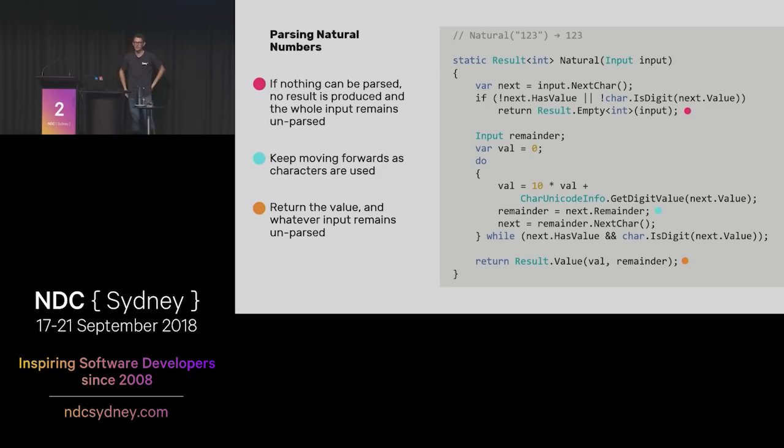Now, it's a little bit noisy once you include input and result into the equation, but here's a reasonably defensible parser for working through an input and parsing off a natural number and giving back the remainder, whatever input has not yet been parsed. And it's not code that I like. It's fairly ugly, but it's code that anyone given some time to think about the problem could obviously put together.